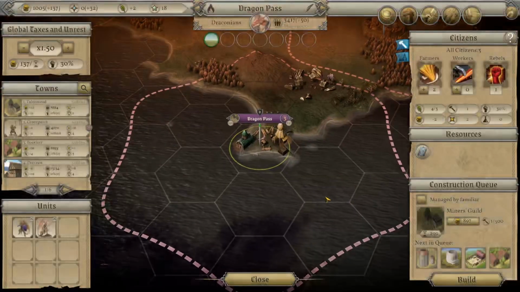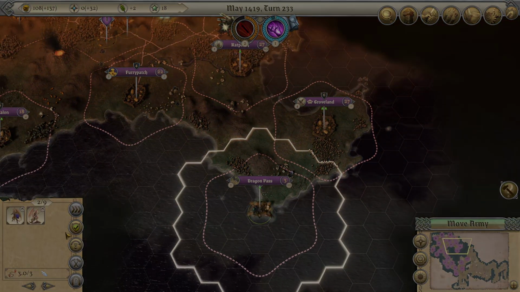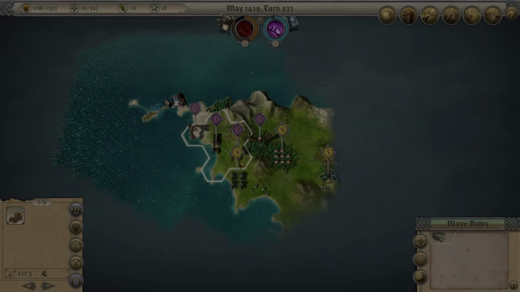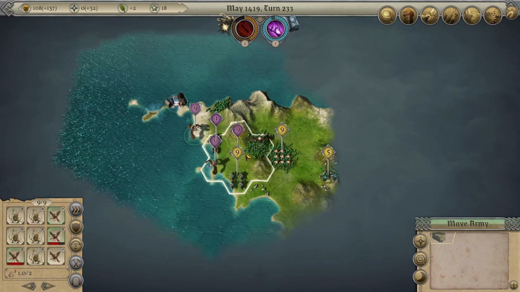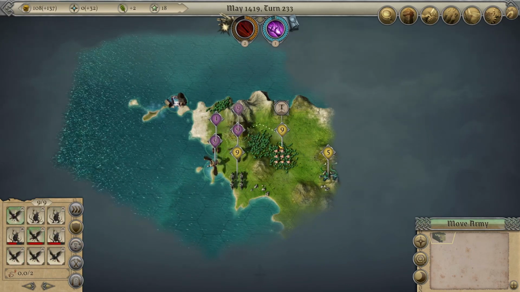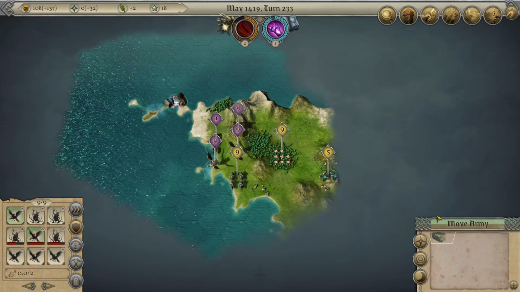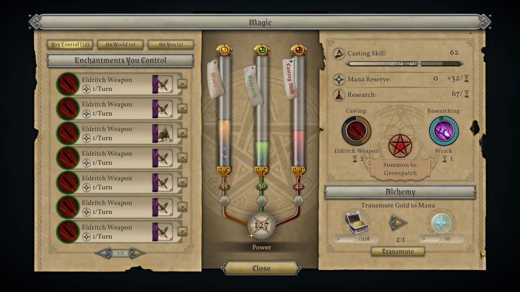We want to buy this Miners Guild, because this town will never be good without it. And we want to just move you down, and move you down, so that nobody can get around and attack our settler. There we go. Created a nice barrier. We definitely want to go first, but I want to spend...